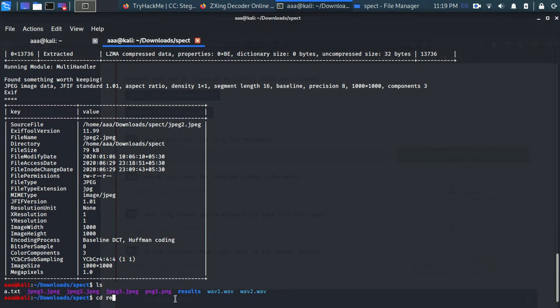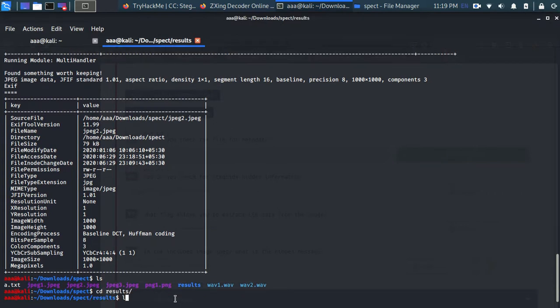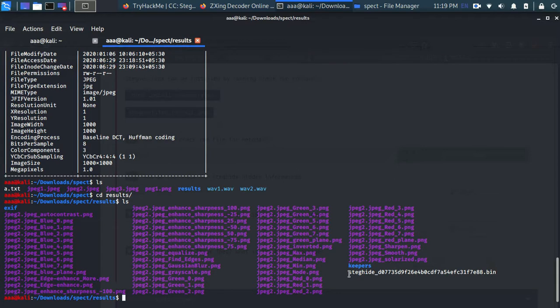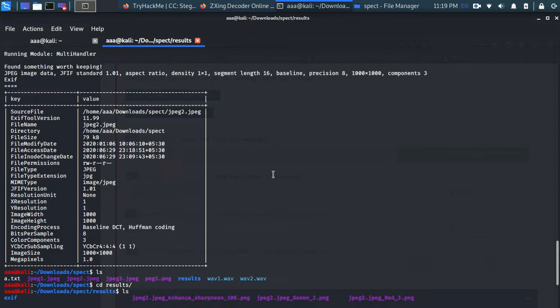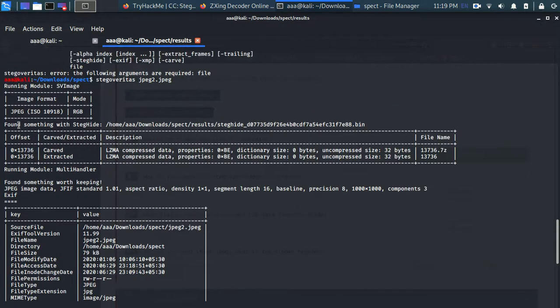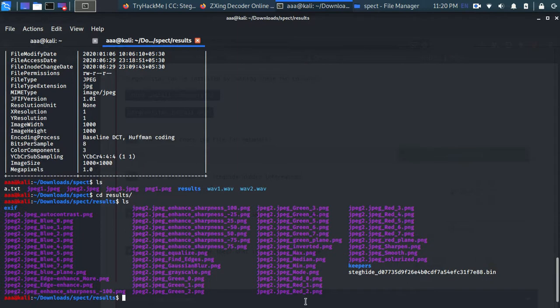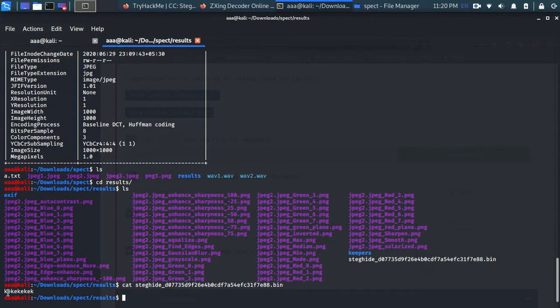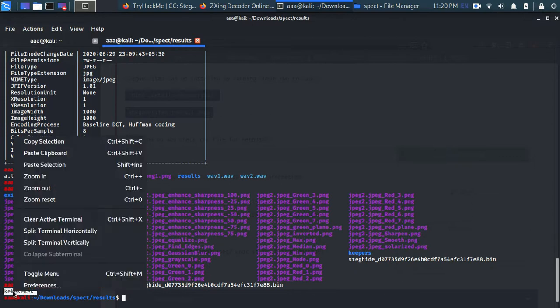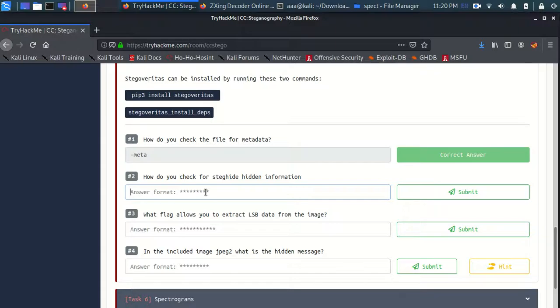Now these are the results. Now I know the answer is in this place because over here it said that we found something at this folder, steghide something bin. So let's cat that file, and yep, we found something. Let me copy this, paste it in here, and submit this, and the answer is right.